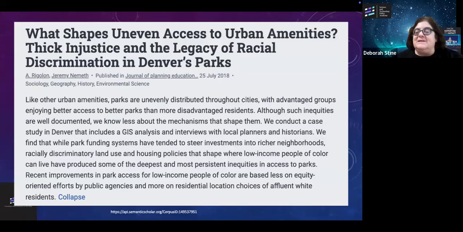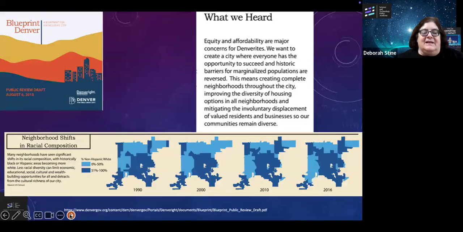And because of climate change, parks are really an important part of providing shade and other actions that help cool the heat island effect. So this is an interesting analysis that talks about it, and I'm going to talk about how Denver has responded to those challenges, and I think set a good model for other communities that are really interested in doing an equity analysis.